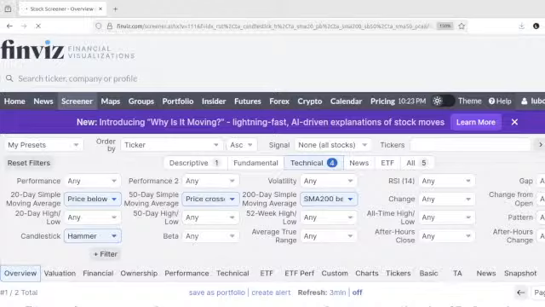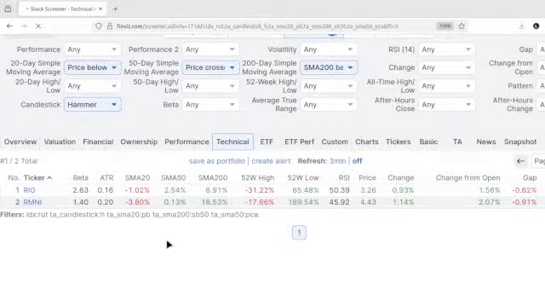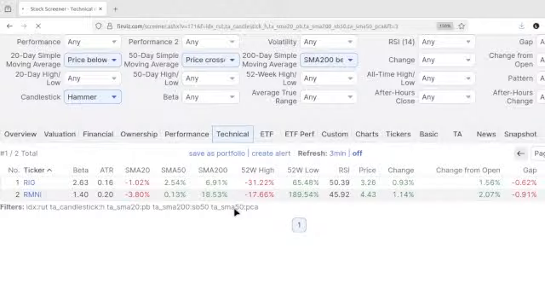All right, now, as you can see here, we've made sure the price is below the 20-day moving average. This proves the technical analysis part of things. So that's what I want to show you now. If you look at the technical analysis, the RSI, when you say the price is below the 20-day moving average, notice that the RSI here